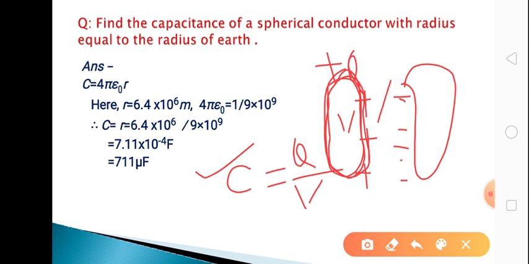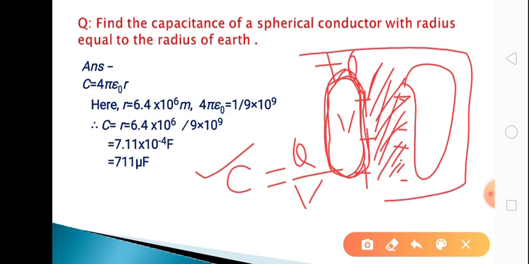So you have to consider a system having two conductors separated by some insulating medium in between. If you put an insulating medium, which is nothing but a dielectric, between the two conductors, then the capacitance will increase. By doing so, the capacitance of the system will increase. The single conductor has very less capacitance. Thus, we consider two conductors having equal and opposite charges separated by a small distance, filled with a dielectric, so as to increase the capacitance. These are basically used in electronic circuits, and this is called a capacitor.